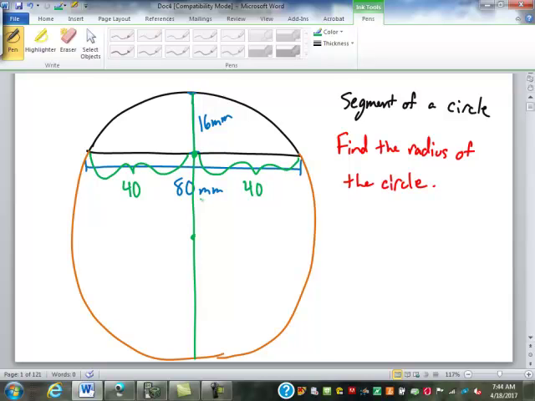And if a radius of the circle cuts a chord in half, it must intersect it at a right angle, correct? Does that make sense? So we know that's hitting it at a right angle. This piece X here,